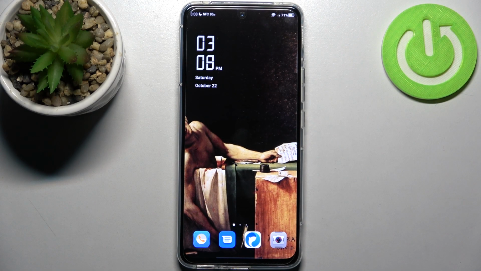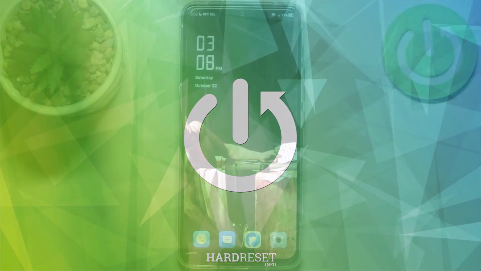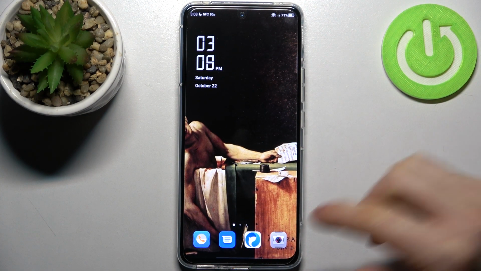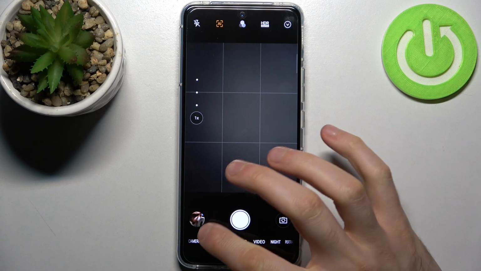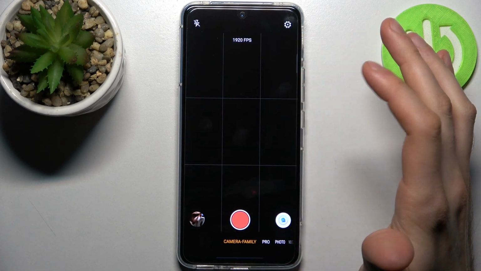Here I have Nubia Red Magic 6 Racing, and today I'm going to show you how to change slow motion speed in camera on this device. So to do this, firstly you have to open camera, then switch to the camera family, select slow motion, then